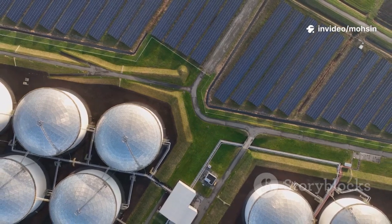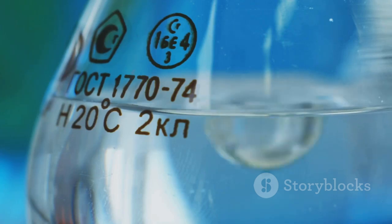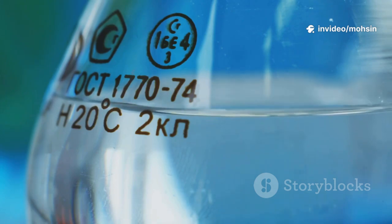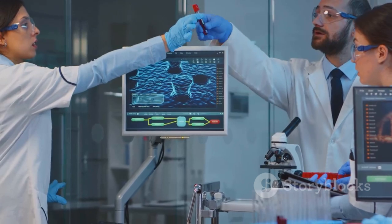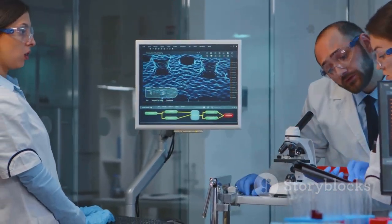Instead of following the old take, make, dispose model, this technology helps us move toward a circular economy where waste is transformed into something valuable. Imagine cities where waste treatment plants double as clean energy factories. This discovery is a brilliant example of creative, out-of-the-box science. It shows how curiosity and a willingness to challenge the status quo can lead to solutions that benefit both people